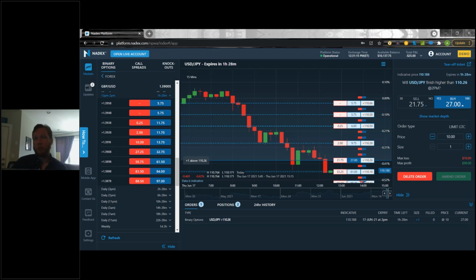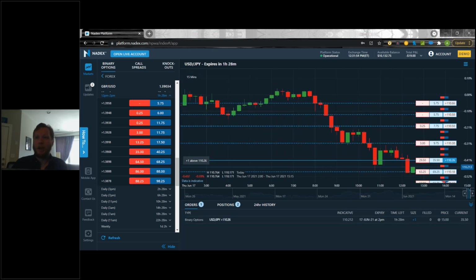And we are currently testing a button similar to the close button that we have on our positions panel, to possibly put into this order tab here. So we have the delete order and the amend order. If I just want to delete this order, I can just click this button right here. The amend order, you'll see it's grayed out right now. If I start changing any of these, like the price or the size, I can amend my order. Let's say I don't like the $10 price point. I want to go up to $15. I can amend that order, and it's going to put me in at 15 here.